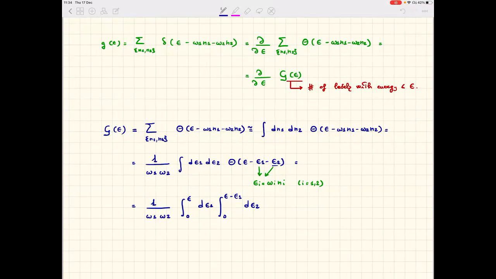And then epsilon 1 can vary between 0 and epsilon. That's it. So now this is equal to 1 over omega 1 omega 2, integral between 0 and epsilon d epsilon 1 of epsilon minus epsilon 1. And then this is equal to